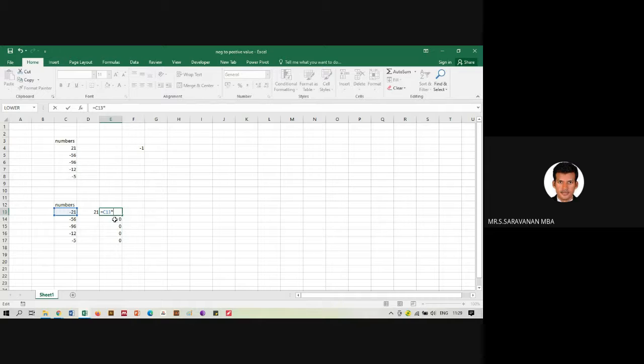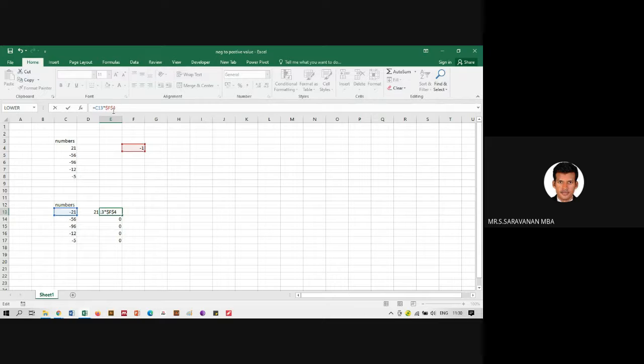Why it has come 0 is because I will show you, the majority of the time we make mistakes. It came 0 because it has taken F5. There is no information in F5. So anything you multiply with it, you will get 0 only. One option is to make this a constant value.